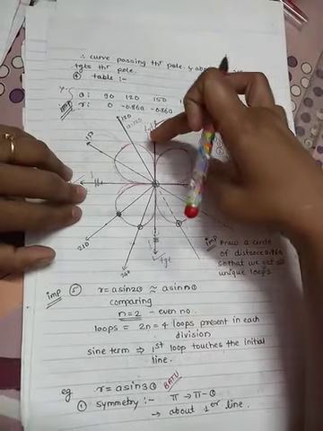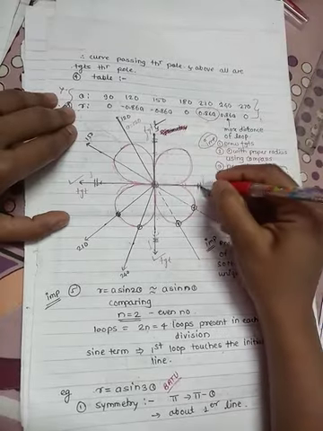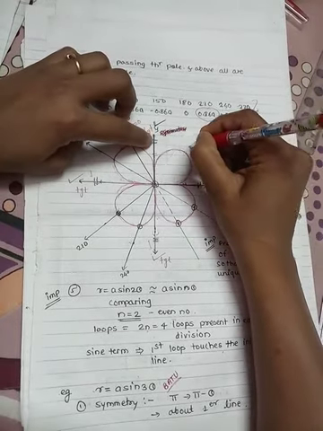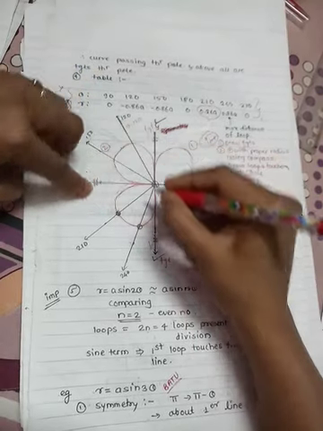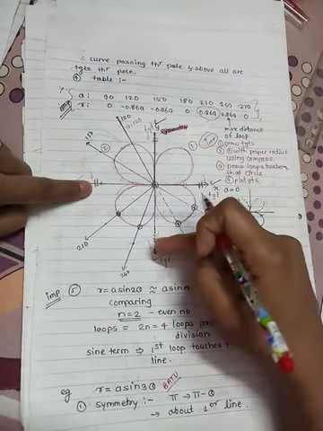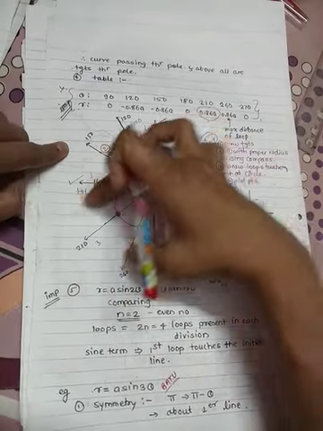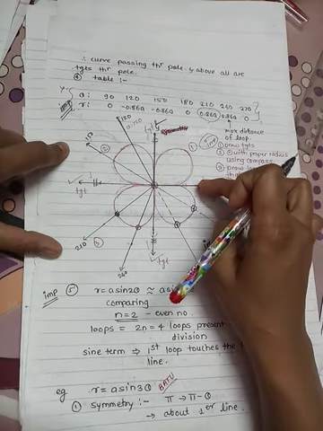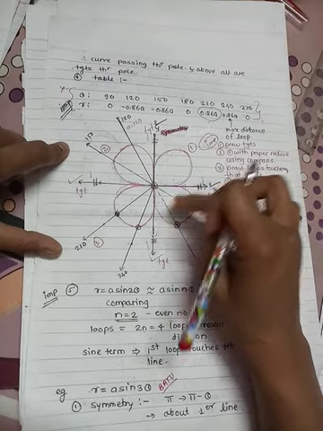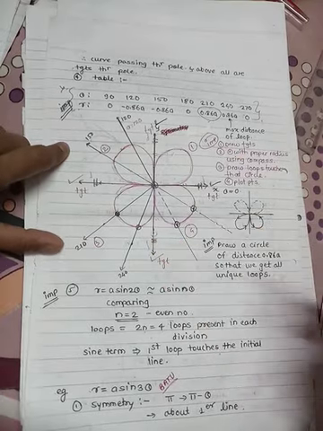Then in between these tangents is your division. First tangent to second tangent is the first division. Second to third is the second division. Third to fourth, the space in the third quadrant, is the third division. Fourth tangent onward, the fourth quadrant, is the fourth division.